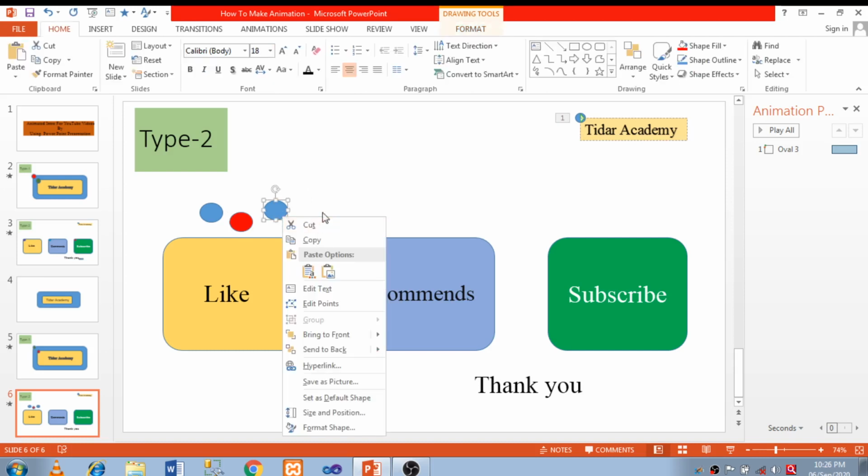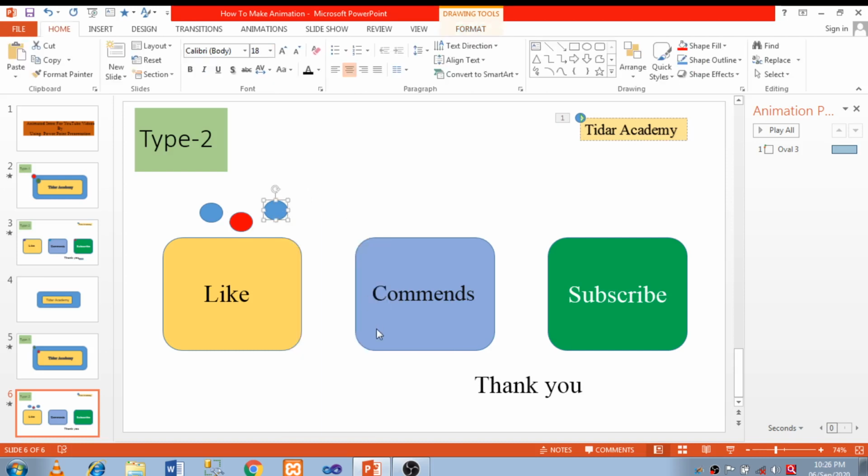Another I have selected yellow. Now I have put this circle on the comment box, and this I have put on subscribe. So check the symmetry. I have checked the symmetry.